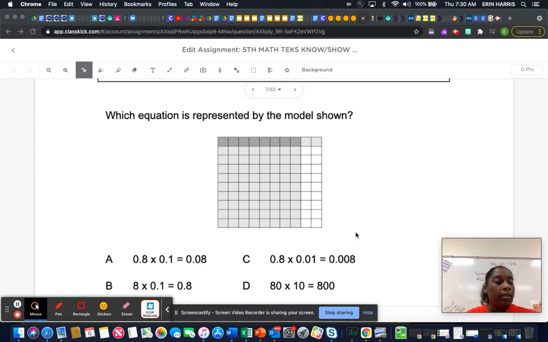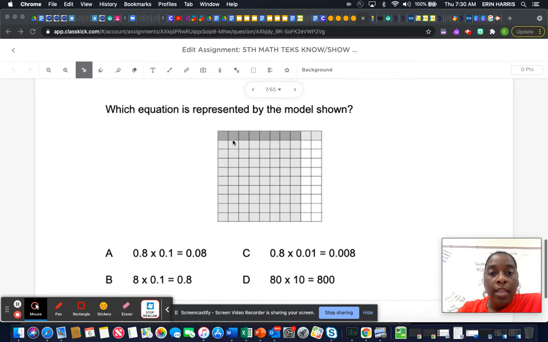Okay, so we're going to be looking at TEAC 5.3D. This is solving multiplication problems using pictorial models up to the hundreds. If you look on here, we have a hundredth base 10 block, and this represents decimals. You're going to count these shaded areas going horizontally, so that's going across, and going vertically, which is up and